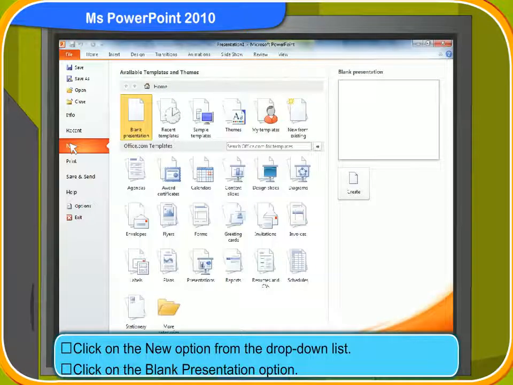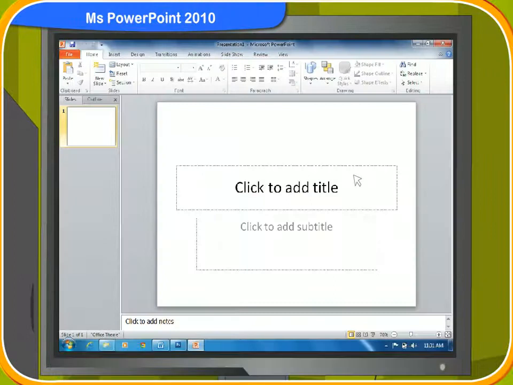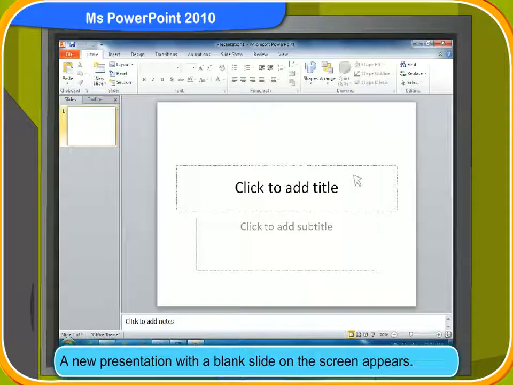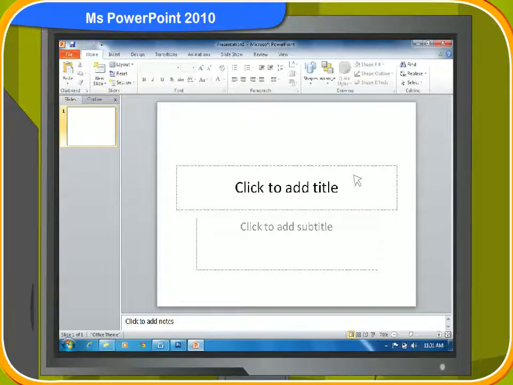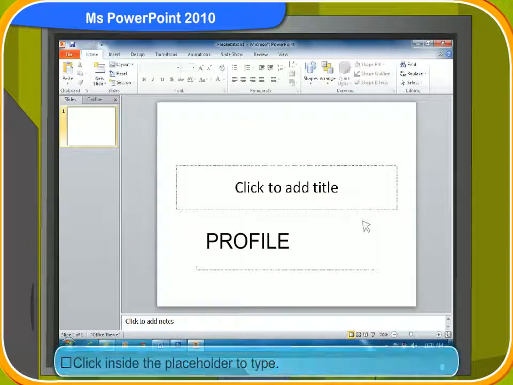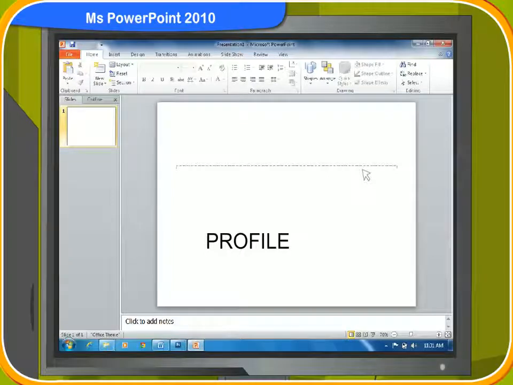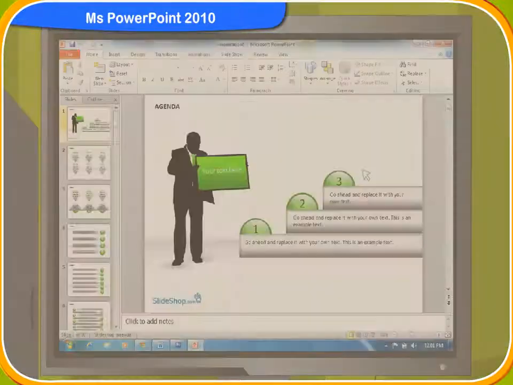Then, click on the New option from the drop-down list. Click on the Blank Presentation option. Click on the Create option. Look, a new presentation with a blank slide has appeared on your screen. Now, click inside the placeholder to type what you want. Once you finish typing, click outside the placeholder. So this is how you start creating a PowerPoint presentation slideshow.